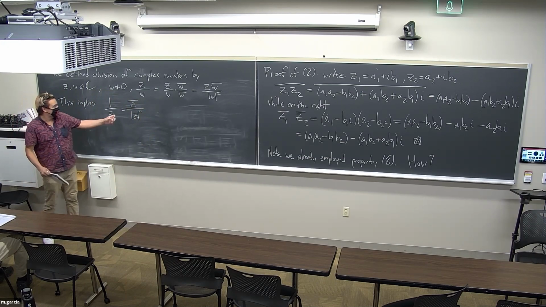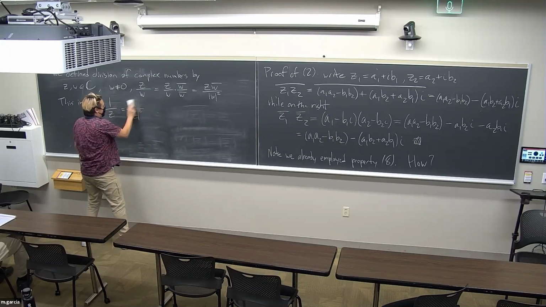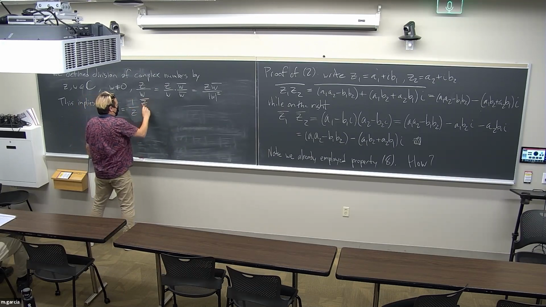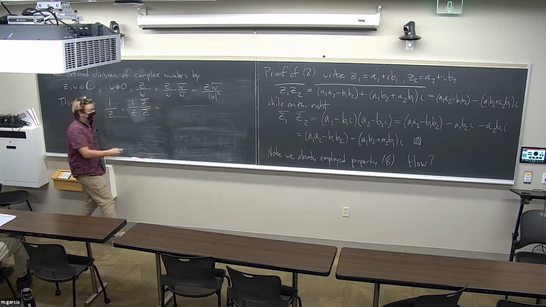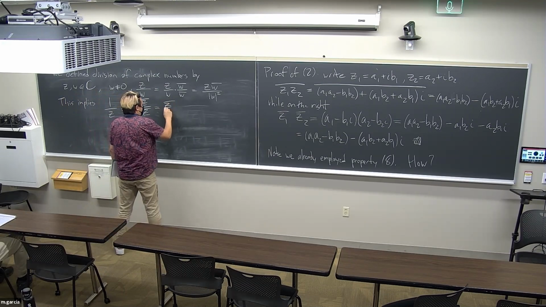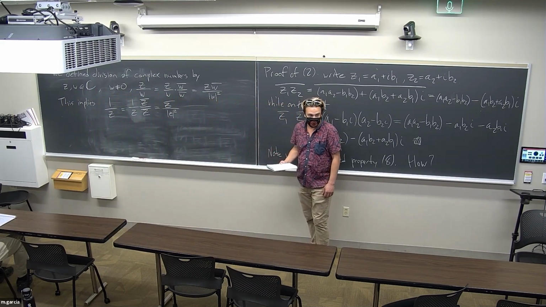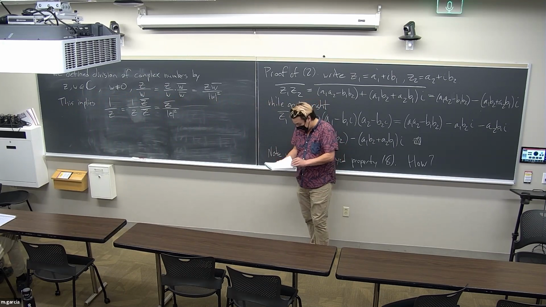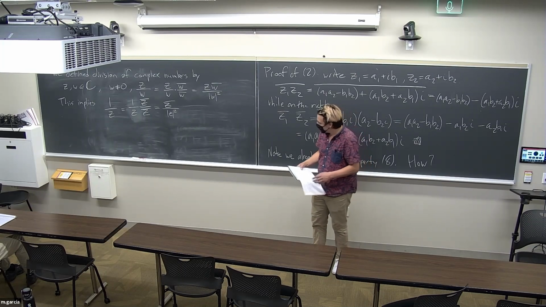I do the same rationalizing of the denominator here, just insert the step that I skipped, letting w equal 1. And I get z bar over modulus of z squared. This is perhaps a handy formula to have. So let us now talk about how